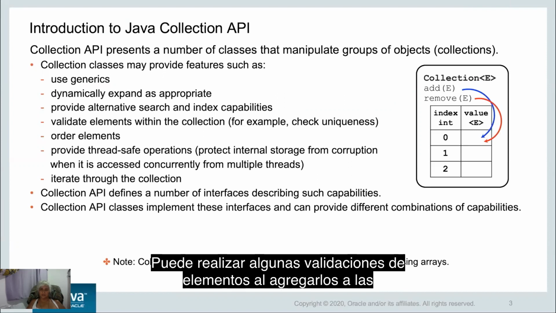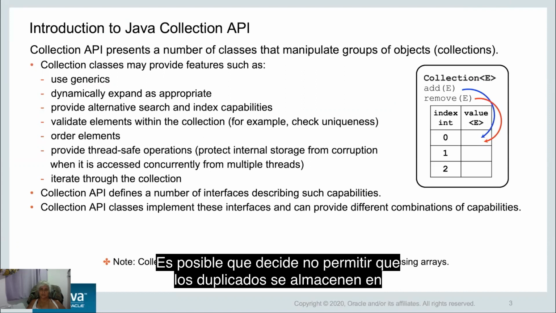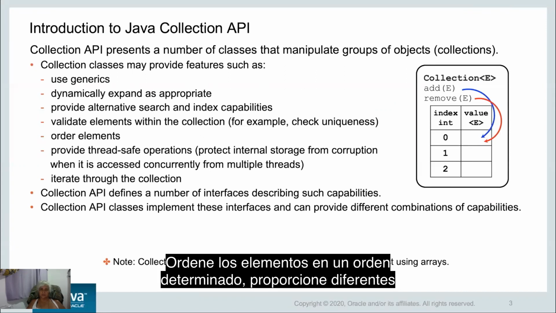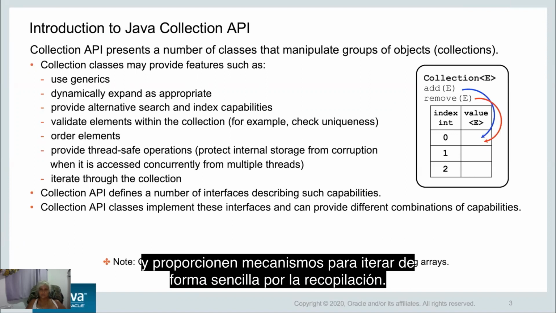You could perform some validations of elements as you add them to collections, for example, check uniqueness. You may decide not to allow duplicates to be stored in certain collections. Order elements in a particular order, provide different operations that manage concurrency and thread safety, and provide mechanisms to conveniently